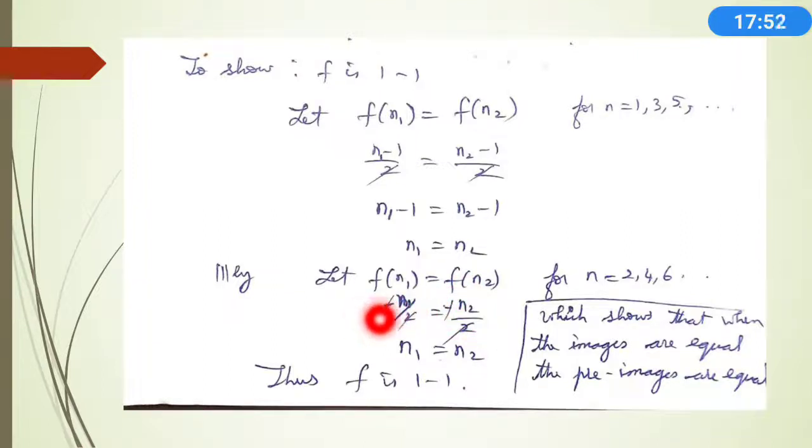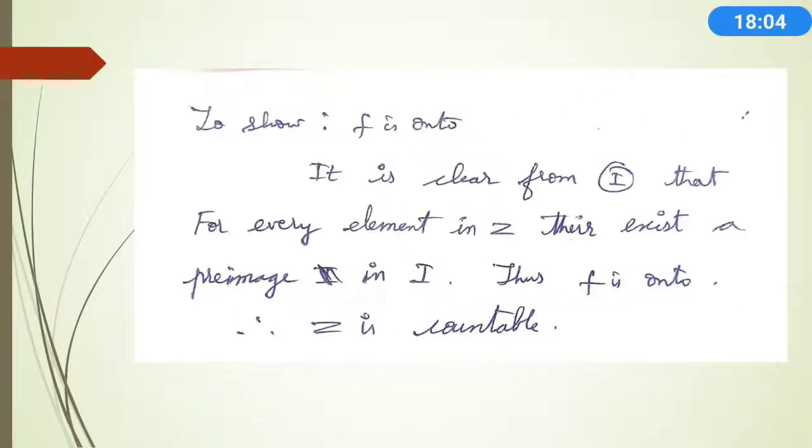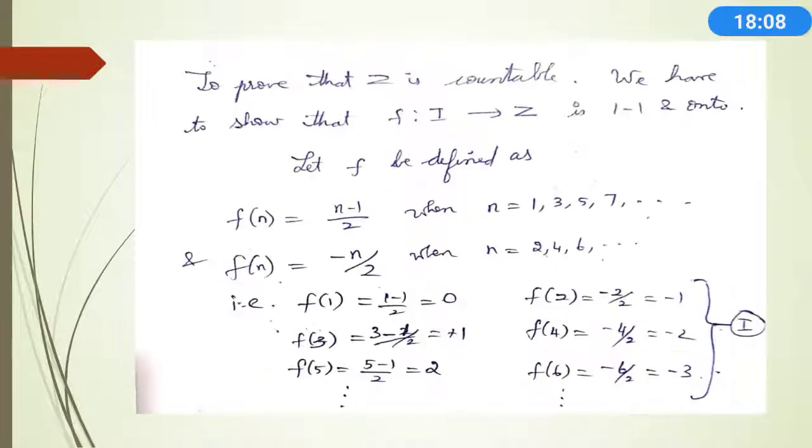And it is clear from 1. What is 1? The very definition of my function f of n. I am distributing my Z entries: (n minus 1)/2 if n is odd, and minus n/2 if n is even. So by this definition, each element has a pre-image, therefore it is onto. Yes. So it is clear from 1 that for every element in Z, there